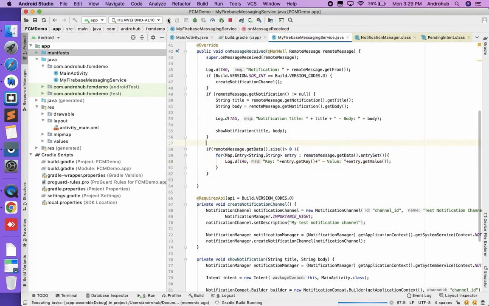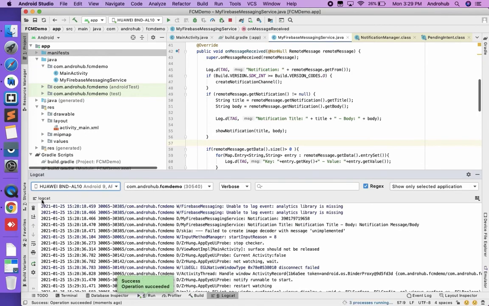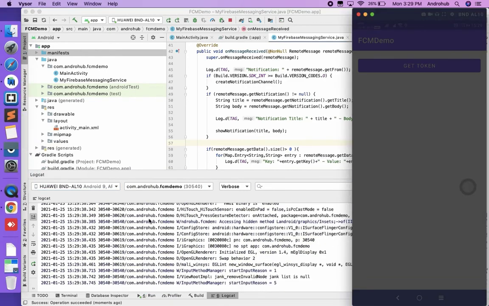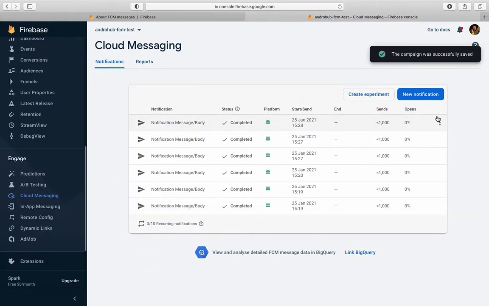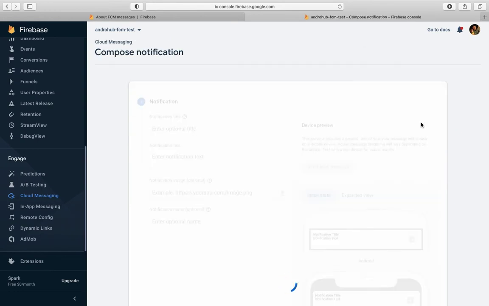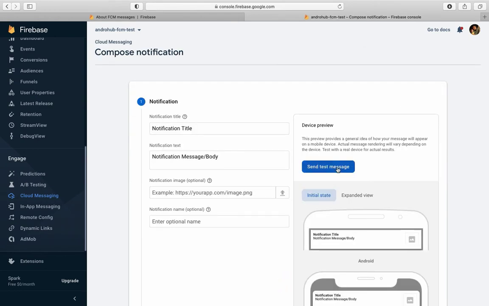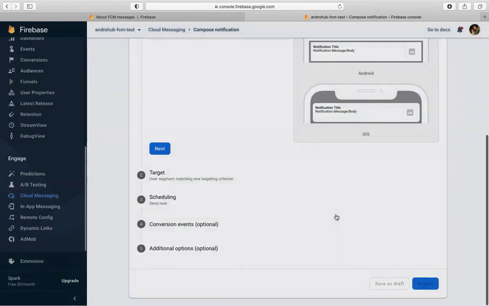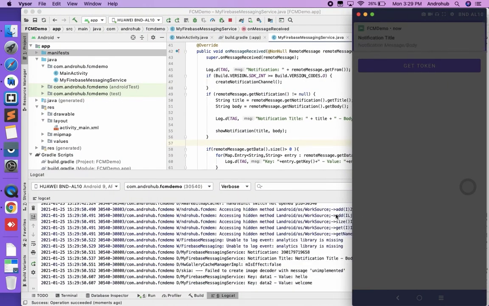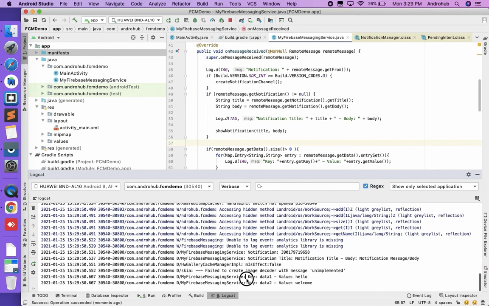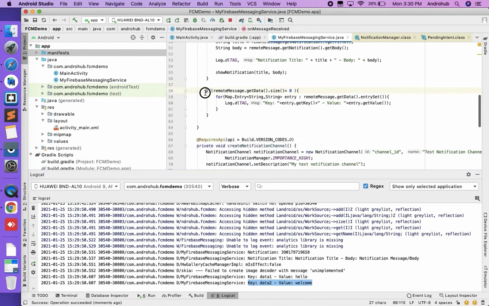Okay, now let's rerun the app. Okay, so let's send the notification again. We send the notification, and now if you see, I'm getting the key as data1, value as hello, key as data2, and value as welcome.